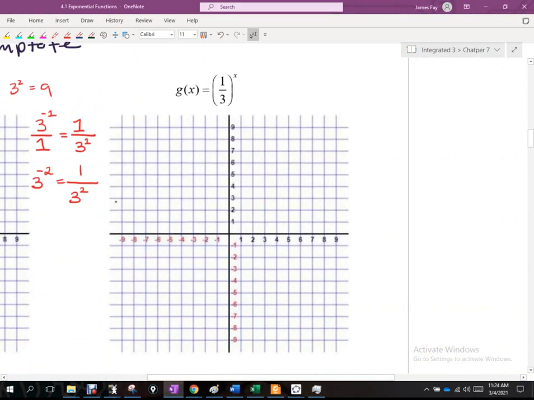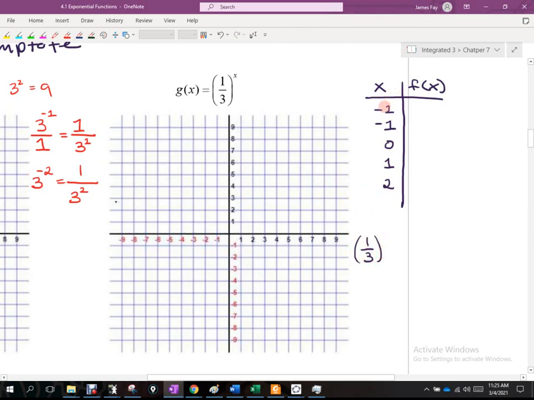All right, so here's another one. Here's a different one. Now we've got 1/3 as our base. So when I look at x and the y values, I'm going to choose the same x values. We'll go -2, -1, 0, 1, and 2. And let's just start with 0. If I take 1/3 to the power of x,